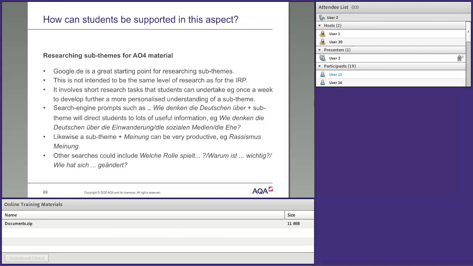So use search engine prompts such as "Wie denken die Deutschen über" plus a particular sub-theme, or a sub-theme plus the word "Meinung", so "Rassismus Meinung" can again give them lots of information, and they can mention Deutschland, Österreich, Schweiz, whatever. "Welche Rolle spielt", "warum ist es so wichtig", and so on. Okay, and what they can then do